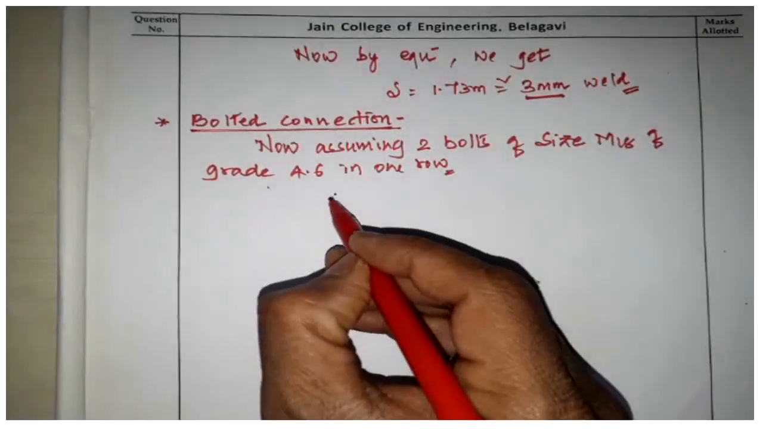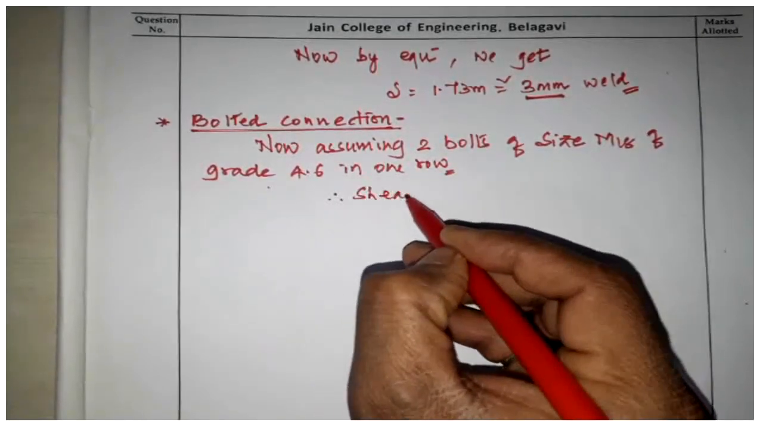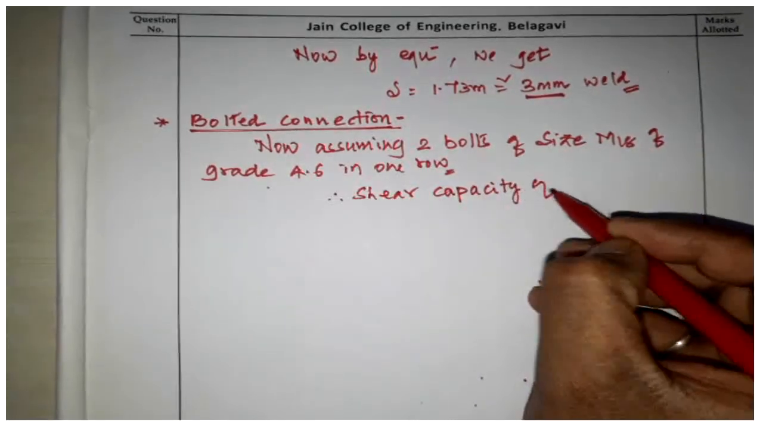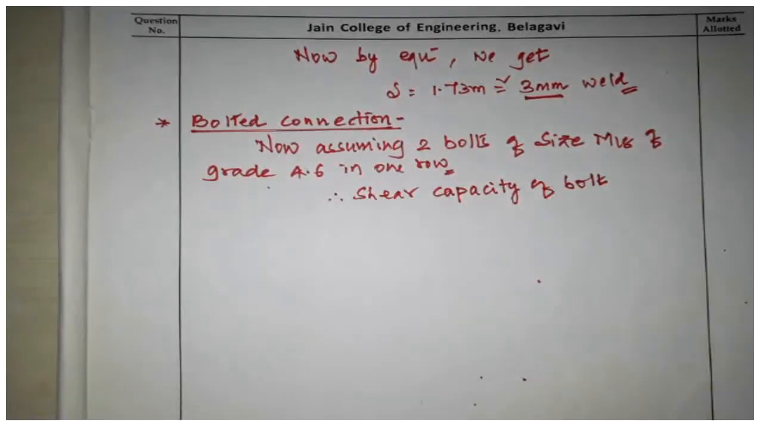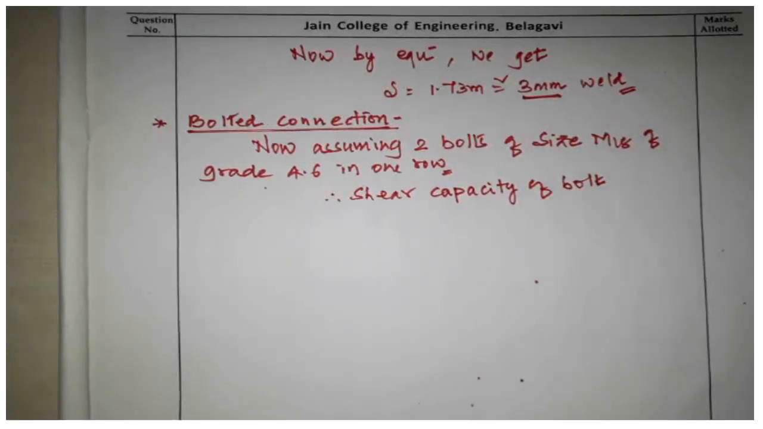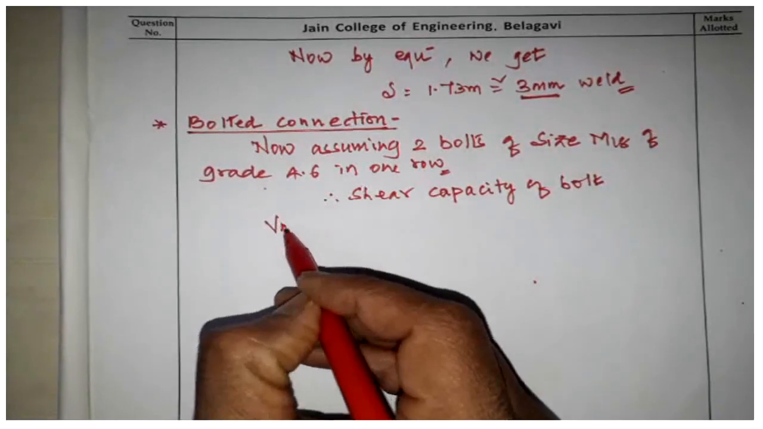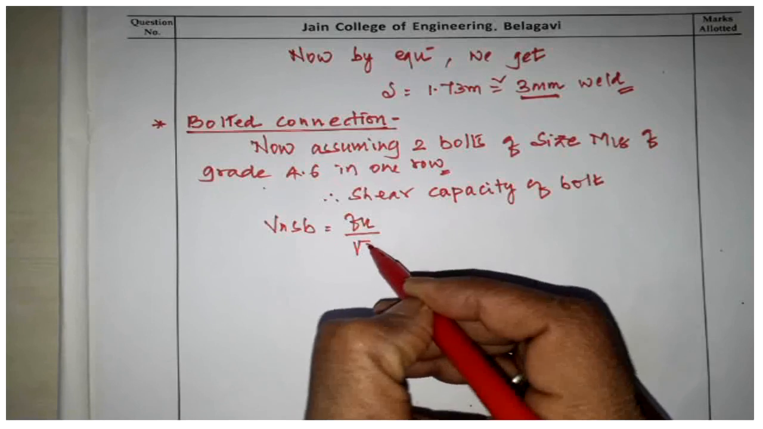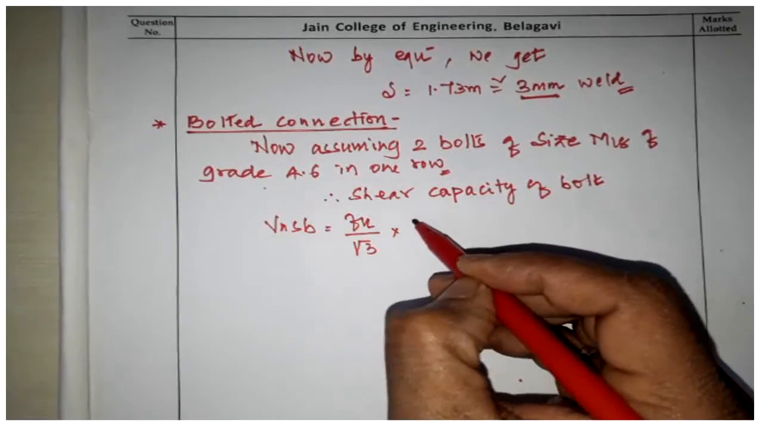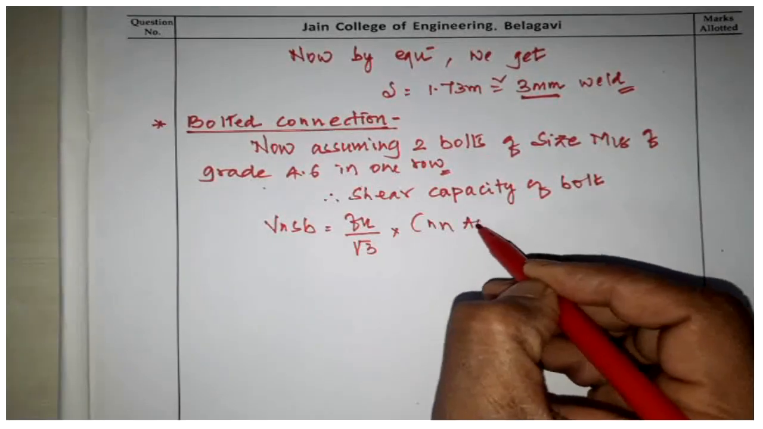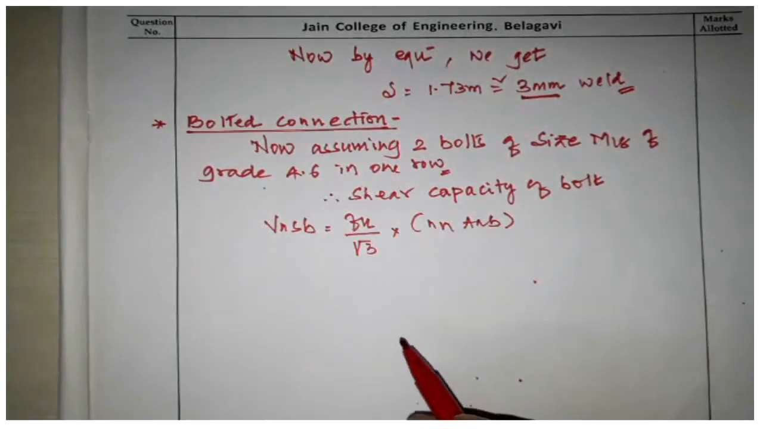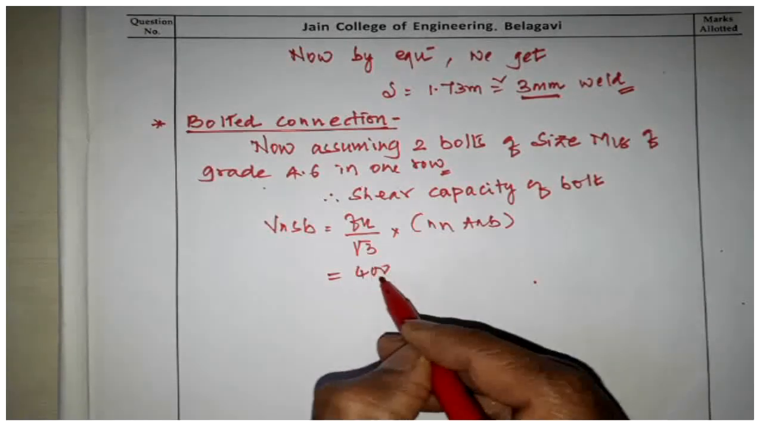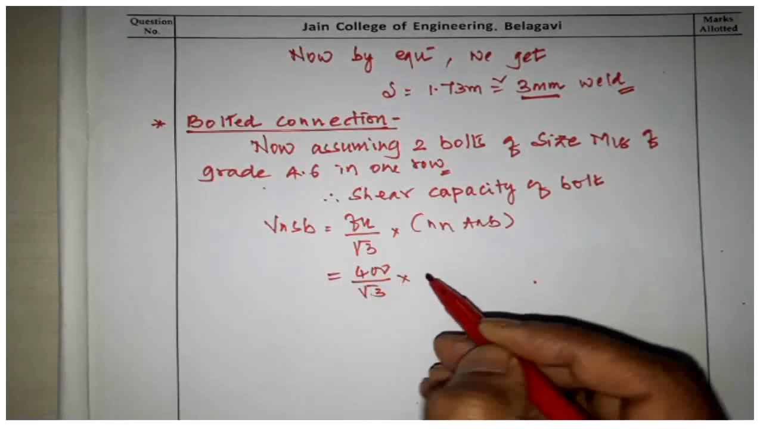Okay, so therefore you have to find out the shear capacity of the bolt, because it will be subjected to shear. So for that again we have the formula V_nsb is equal to fu by root 3 into n_n into A_nb, because we are not assuming the shank portion, we are assuming only the threaded part. So 400 divided by root 3 into